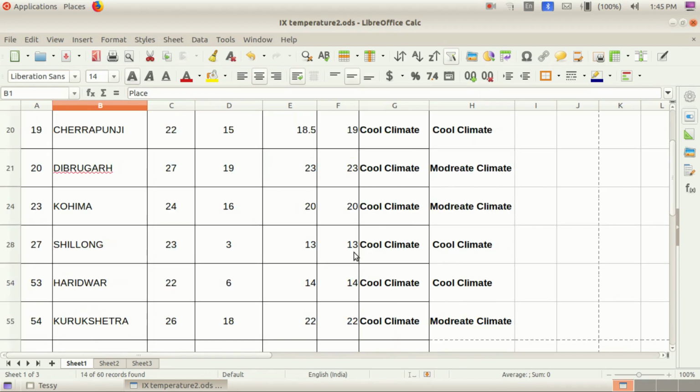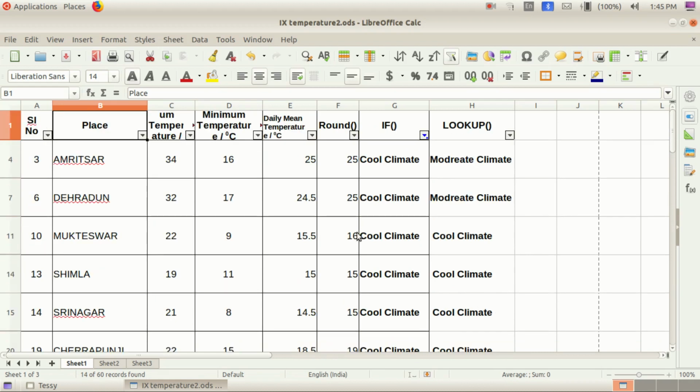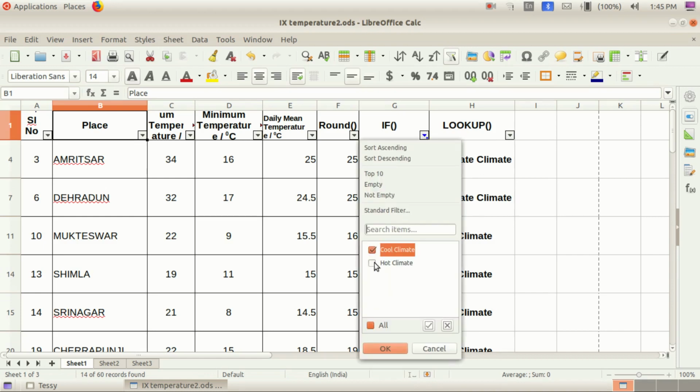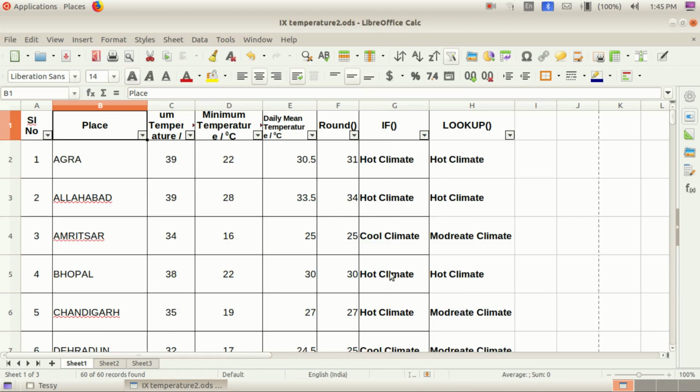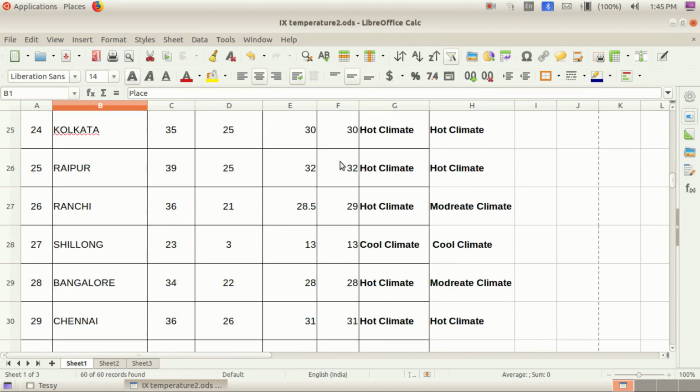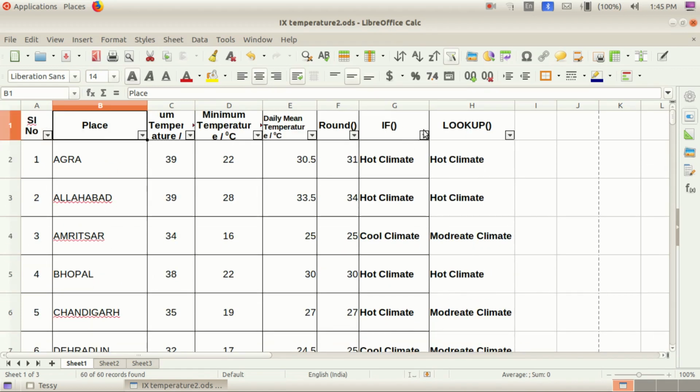Look here, we got all the cool climates according to the if condition. If we need, according to lookup, we can take that way also. Click on All and click on OK to get all of them back. Do you see? Now the color is not changed, but when we take the filtering, the color changes to blue.